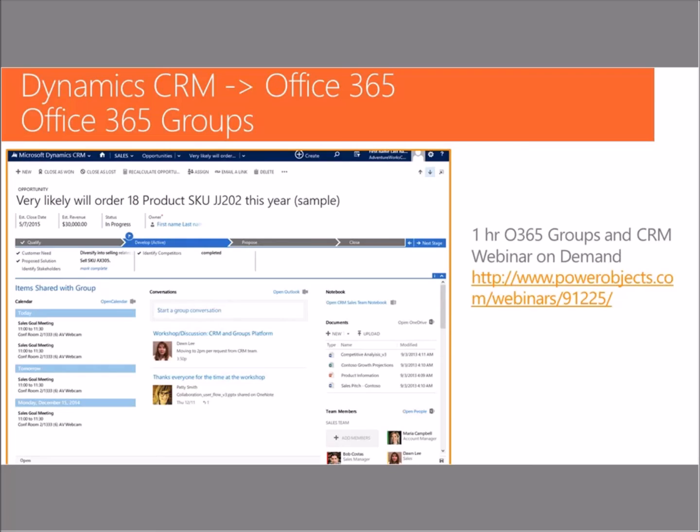So a user can subscribe to a group and receive that digest or messages as they're being posted. And then you can also reply back via email, which means you may still have a back and forth email communication, but now it's tied to that Office 365 group, and it's visible in CRM or in Office 365 going directly to the group, along with the files, along with who are members. If you want to know more about Office 365 groups and CRM, we do have a 1-hour webinar that focuses specifically on the integration and a little bit of best practices.